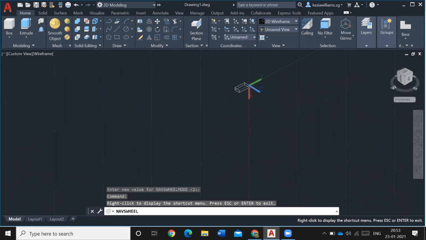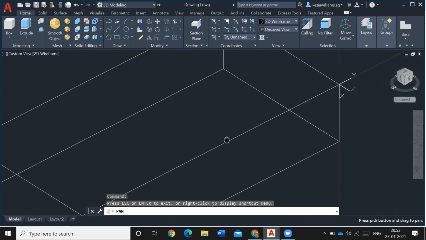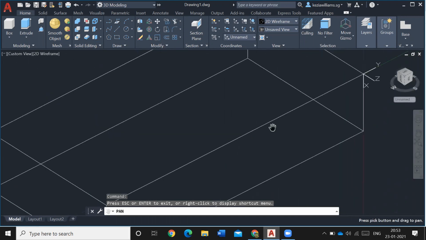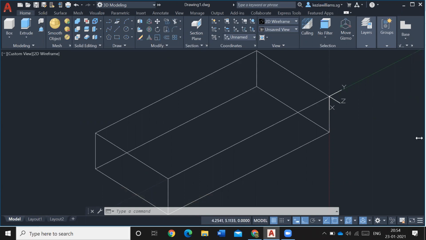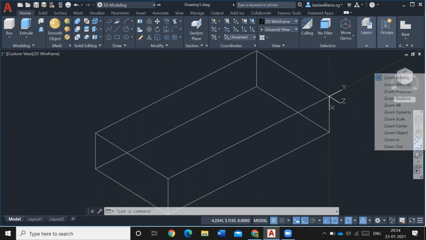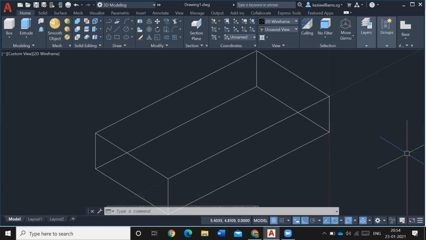So when it closes, just close it like this. Then this is actually pan. Pan is like, for example, you move the thing like this. Then extend. Zoom extend, you know, 2D you already learned, right? That means you see everything together. Then here also you got a lot of commands: zoom window, zoom previous, zoom real time. You all know all these things, right? We go to orbit.